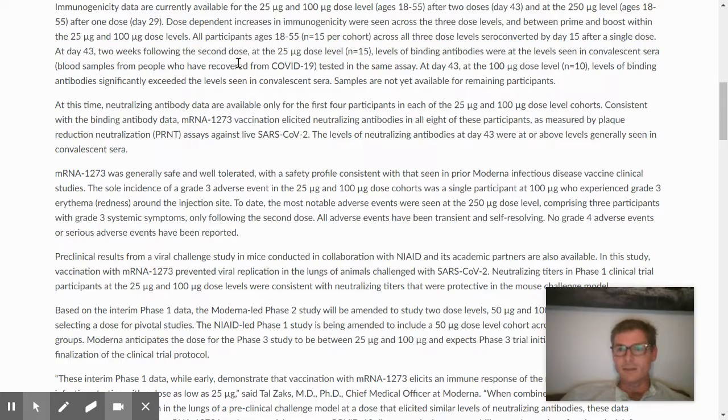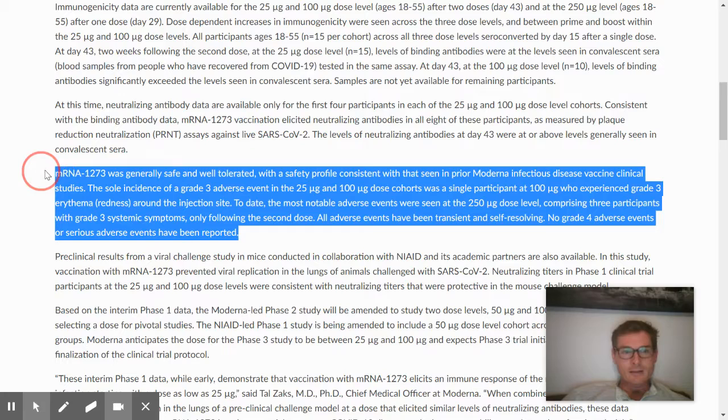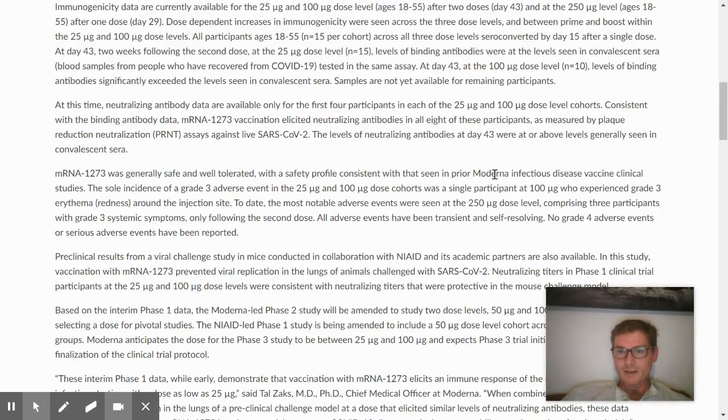And so that's pretty good. The small dose is working in a little over a month, and the higher doses are starting to work in a couple of weeks. And so they're working on the dosage levels, and it says that it's generally well tolerated,